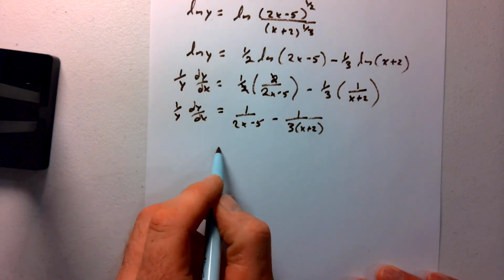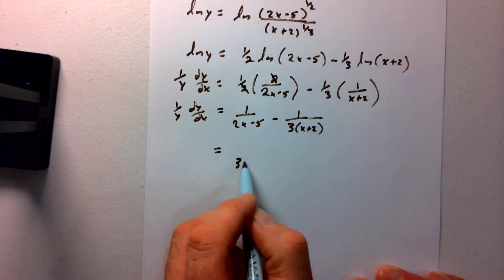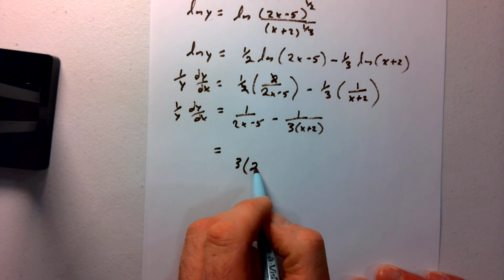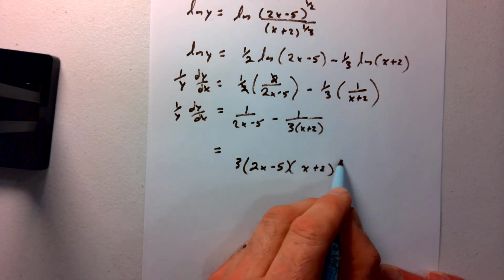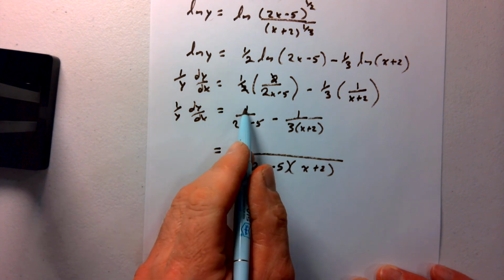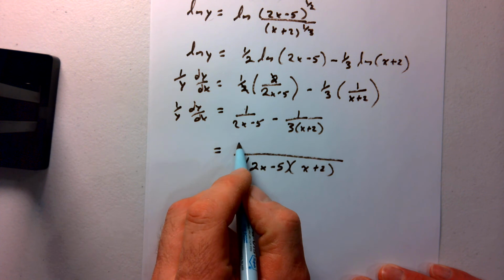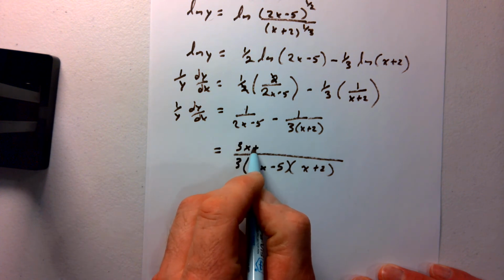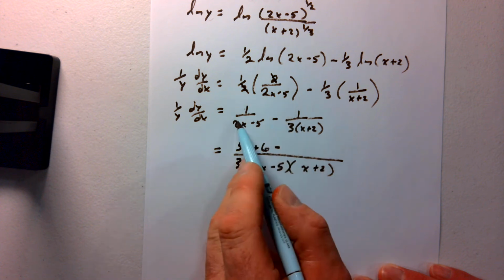Go and find my common denominator, which is again going to be smashing these denominators together. I'm going to put my 3 first, just to make it look a little nicer, and then times my x plus 2. So the 1 here is going to get a 3 times an x plus 2, so it's going to get 3x plus 6, minus, I'm going to take my 1 here and multiply it to